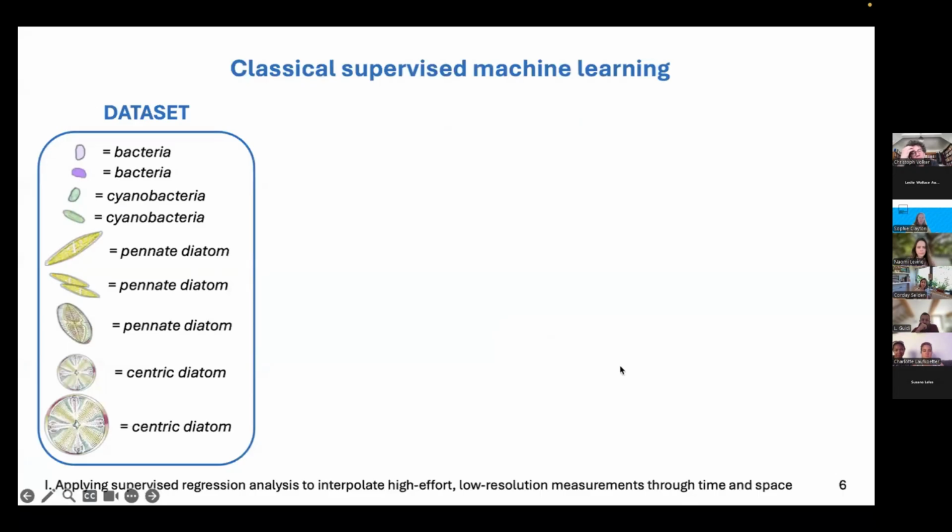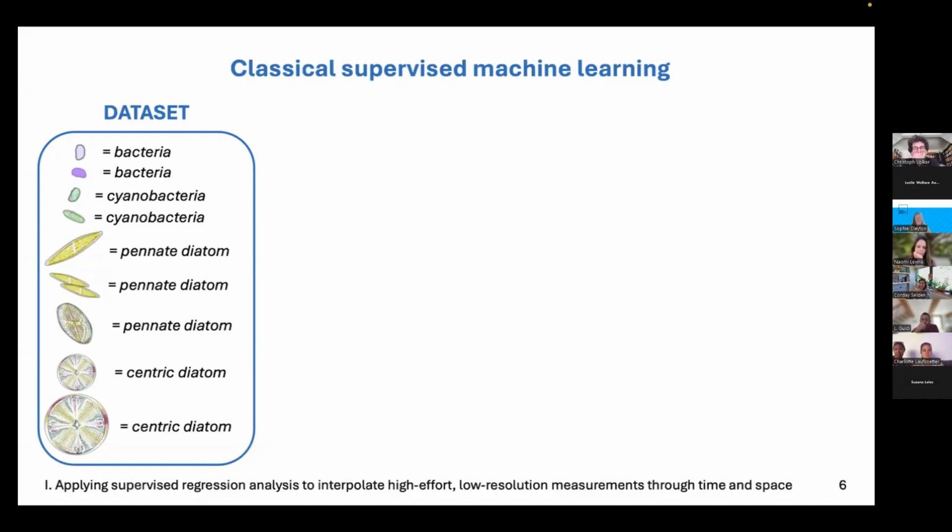Now, aside from sensor and geochemical method development, both very important, this type of problem is at its root an issue of how to most effectively interpolate measurements through time and space, and is highly conducive to classical supervised machine learning approaches. Here, when I say supervised, I mean that a model is trained on a labeled dataset, that is, a dataset that includes both the input data and the correct output or target for each example. The goal is for the model to map the connections between inputs and outputs so it can make accurate predictions on new, unseen input data.